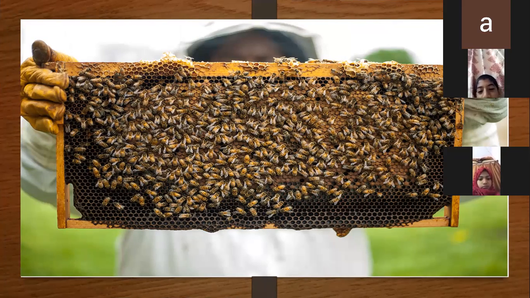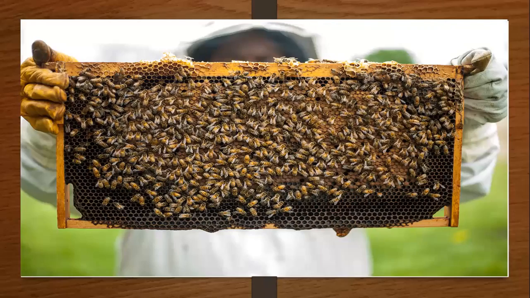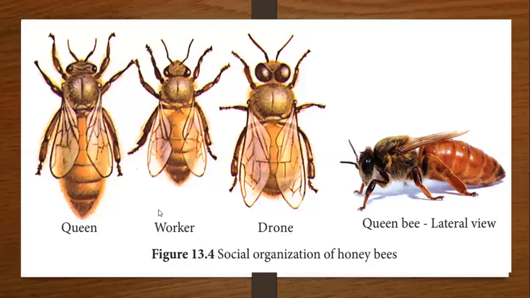No, ma'am. Okay. Honeybees have a queen honeybee, then workers; they have different types of honeybees. If we see the social organization of honeybees, this is the queen, there are workers, and these are the drones. They are the male companions of this queen, and the workers are responsible for all the pollination and collection of honey.